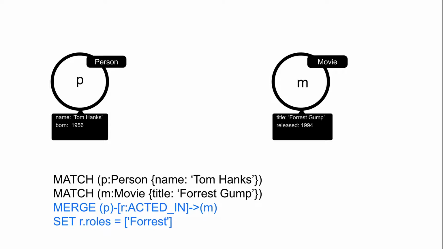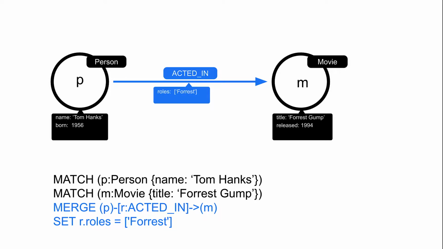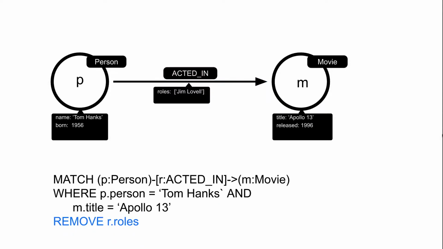Here we create the ACTED_IN relationship, which is referenced by the variable r. We can then use the variable r to create or set the value of the roles property of the relationship. Here is the result. If you have a reference to a node or relationship, you can use the remove clause